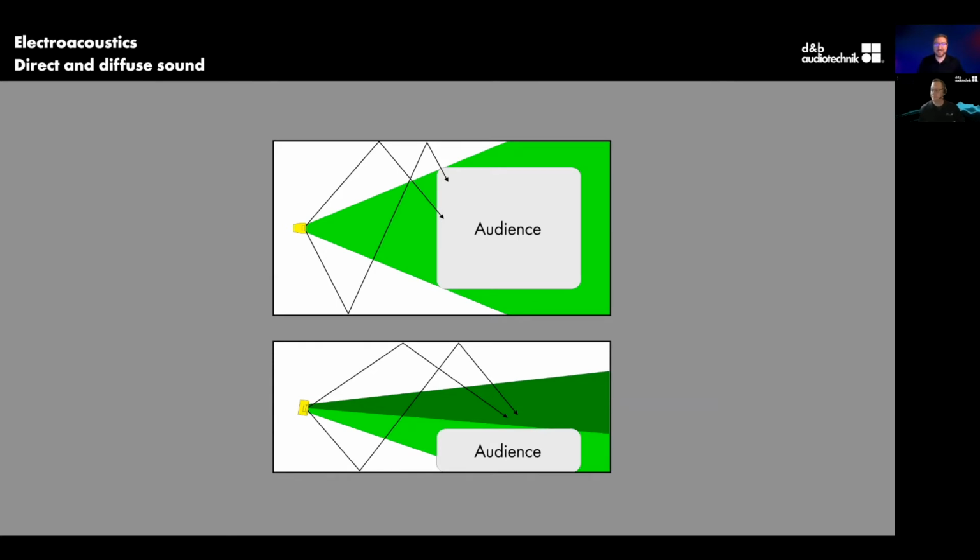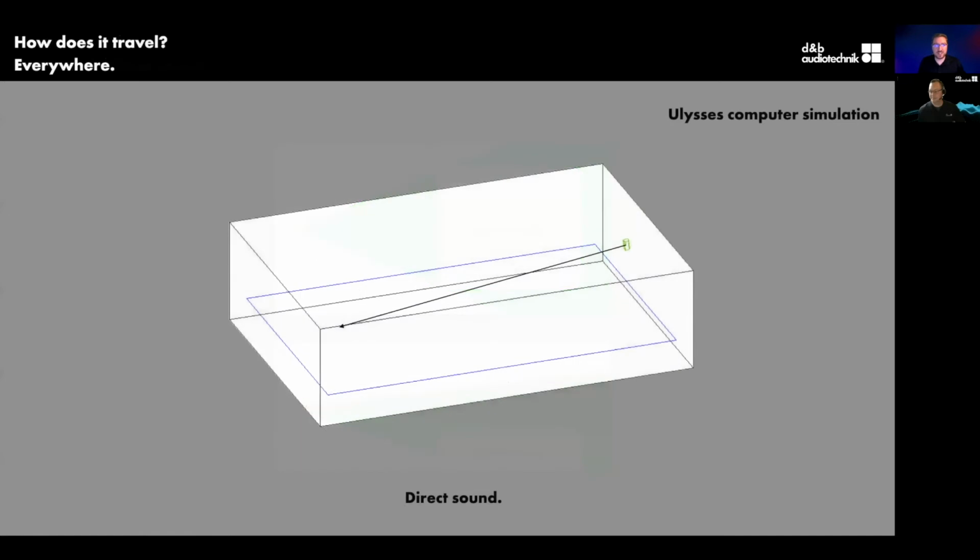What's ultimately happening is sound is bouncing off of walls, ceilings, floors, anything that's in the room. So there's direct sound that's going directly to the audience, and then there's also the sound that is bouncing off surfaces. If we take a generalized look at how sound bounces around the room, we did a simulation in Ulysses where we have the loudspeaker on the very right side of this rectangular room. You have this blue line which represents ear height, and then the black line representing direct sound.